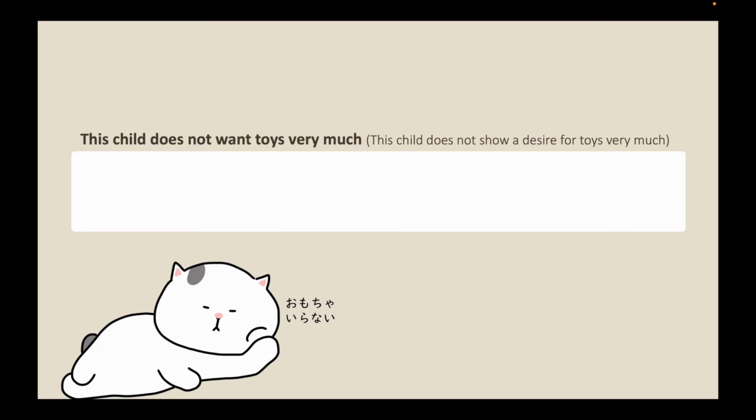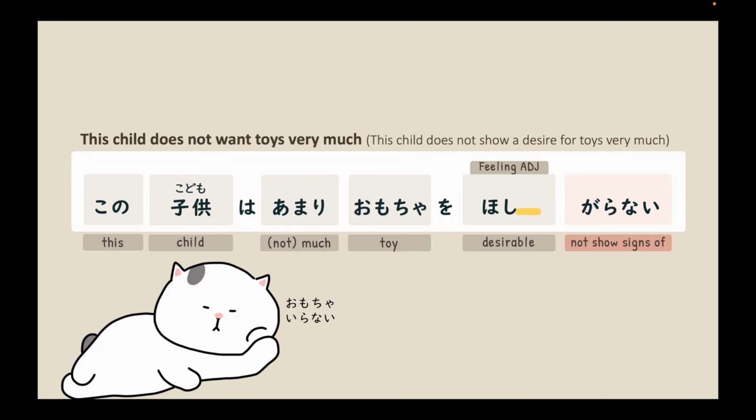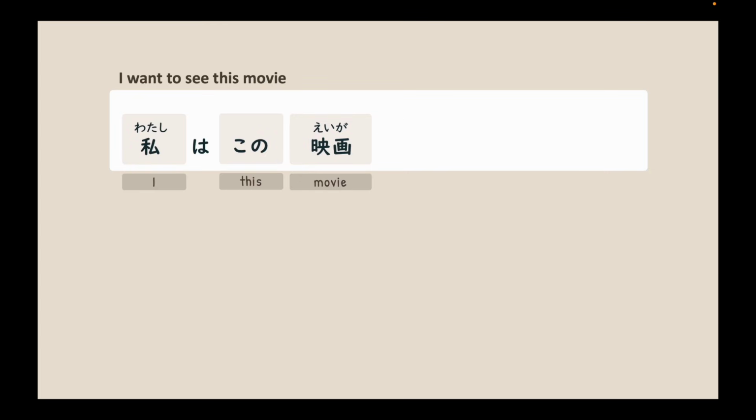Unlike other children, this child does not show a desire for toys very much. Garu is a group 1 verb, so we use the group 1 negative form conjugation and say この子供はあまりおもちゃを欲しがらない。Let's say it one more time. この子供はあまりおもちゃを欲しがらない。